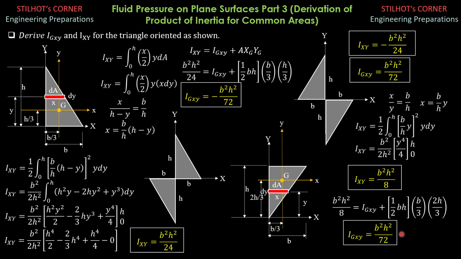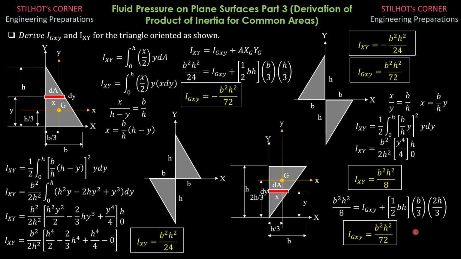So again, the reason why it is positive, it's still the same as this, although the orientation is different, because if we draw the centroidal x and y axis, most areas or the greater area falls in the first and in the third quadrant. In the first, x and y are both positive. In the third quadrant, both x and y are negative. So that's why the product is positive.